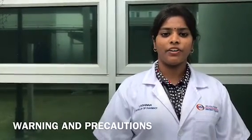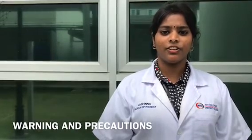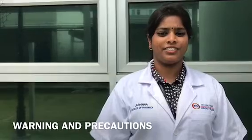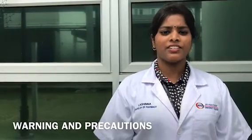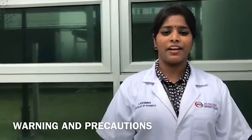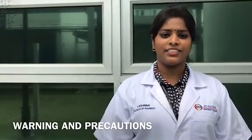If you have type 1 diabetes, your body does not produce any insulin. Invokana should not be used to treat this condition. If you experience rapid weight loss, feeling sick or being sick, stomach pain, excessive thirst, fast and deep breathing, contact a doctor or nearest hospital straight away. So, what are the other precautions? If you have diabetic ketoacidosis, which is one of the complications of diabetes, then Invokana should not be used